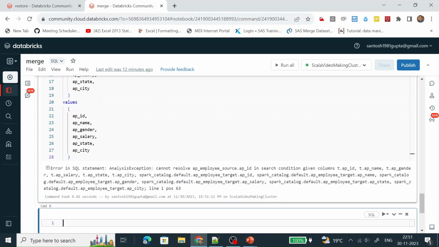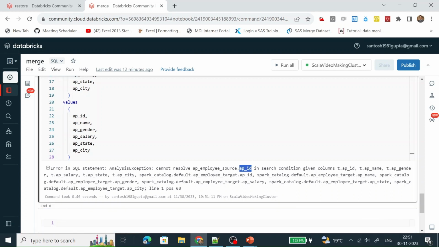So it is saying that it cannot resolve AP source in the search condition given AP ID. AP underscore ID cannot resolve source. AP source AP ID is not there. Okay. What it is saying is that it cannot resolve AP source dot AP ID.